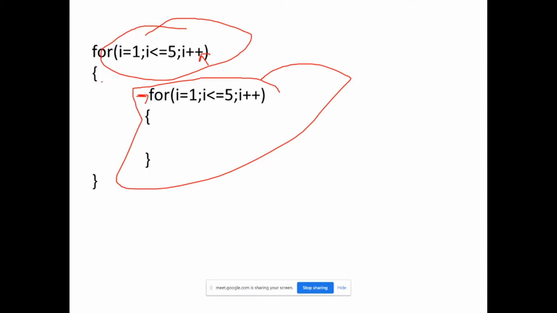It was coming over the block. Under this block, code was written for another for loop. That for loop again works in the same manner as it works for a single loop, it will work for the nested loop also. Until this loop condition is false, this loop will be running, and once it is false, it will come out of this loop and the I value will be incremented. So again if the I value meets fine, it will come inside and again work for this for loop.